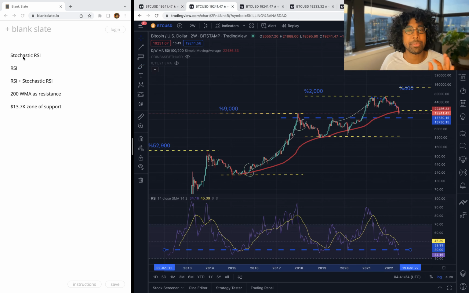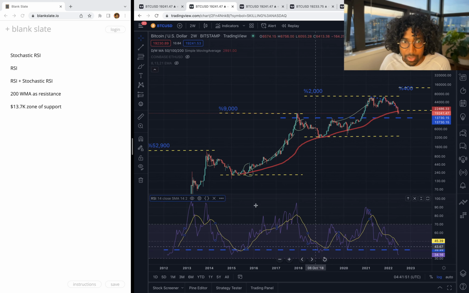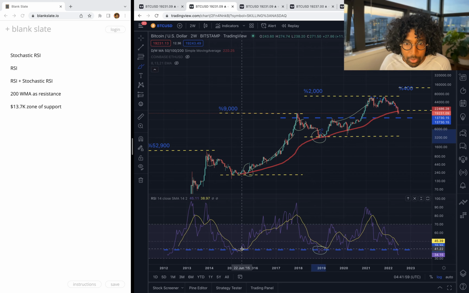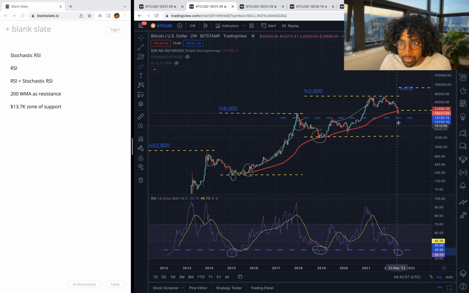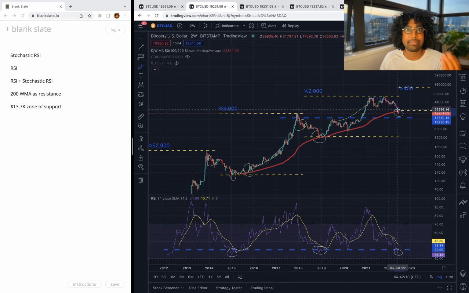That was the stochastic RSI. I'm just going to run through these. I'm not going to go into all the details of what's happening. This is the RSI, Relative Strength Index, if you're wondering. If we look here, whenever we cross below the 40, you could say that we've effectively bottomed, right? So like here, this zone. I can't draw on it. Oh wait, there we go, sorry. So we drop below the 40 here, and we see that this happened, right? I drew it in this blue line here. Drop below the 40 here, and here's our big bottom, right? Now we've dropped below the 40 here, right? Is this our bottom? I don't know. But it definitely has me thinking.